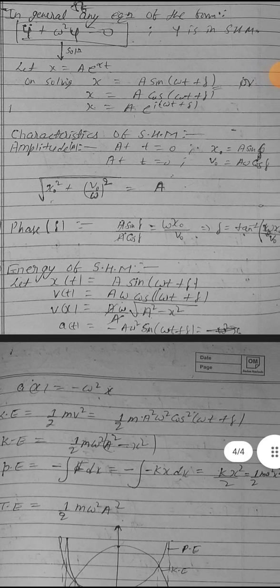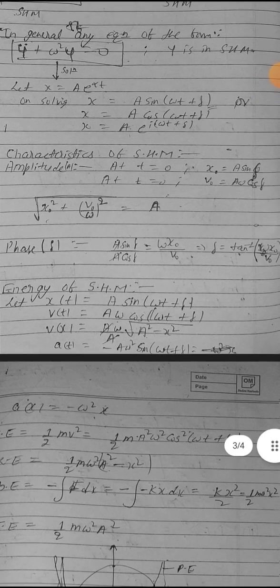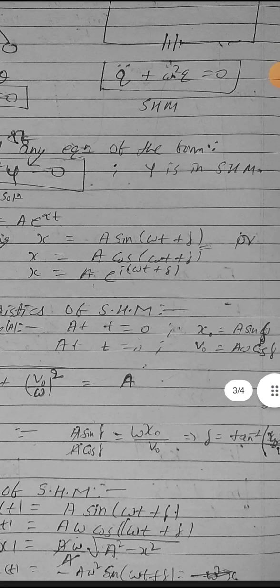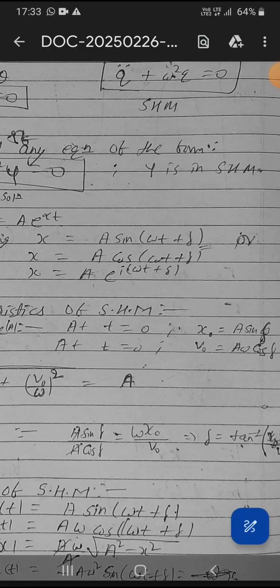Yes. What about phase? So in this equation, if you see clearly, then at t equal to 0, x naught equal to a sin delta. On differentiating, we get v equal to a omega cos of omega t plus delta, and putting v equal to v naught at t equal to 0,